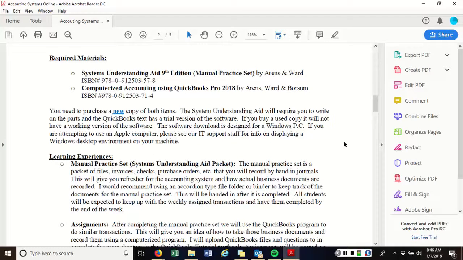The QuickBooks software is going to be designed for Windows. So make sure you're putting this on a Windows PC, preferably a laptop, so that you can take it to your proctor later on in the semester when we get to taking QuickBooks exams. If you have an Apple, a Mac computer, you can still run it